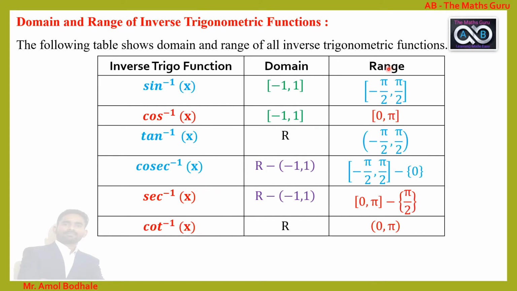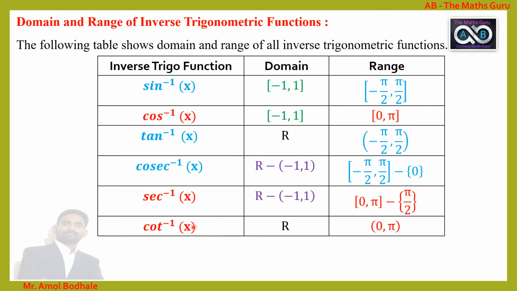And for range, we will make the pairs, that is sine inverse and cosec inverse. As we know, sine and cosec are reciprocal of each other, so we can correlate that relation to remember this range for inverse trigonometric function. Now the range of cos inverse and sec inverse are the same, so in sec inverse we have to subtract the midpoint of this interval, and the range of tan inverse is the same as sine inverse and cosec inverse, but instead of close interval we have to take open interval.